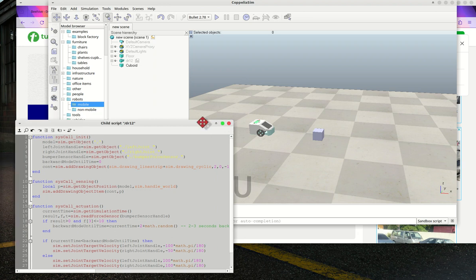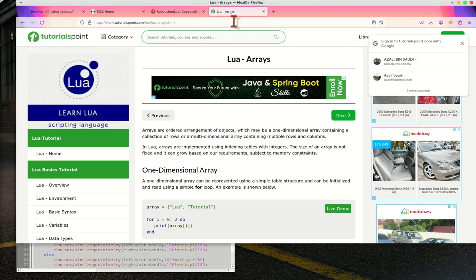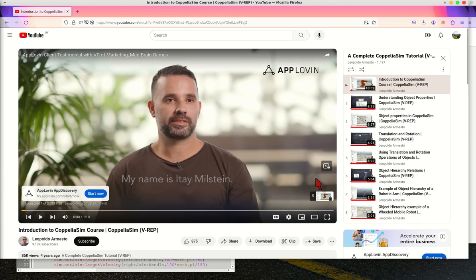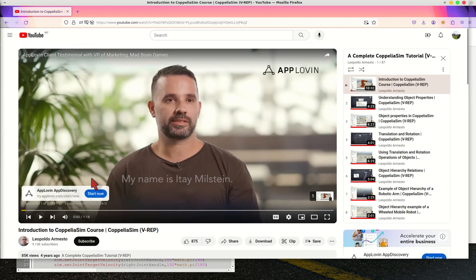If you want to learn about Lua, then you can refer to this tutorial, and for the how-to tutorial on CoppeliaSim, you can use this video.